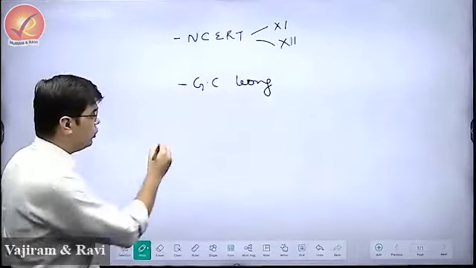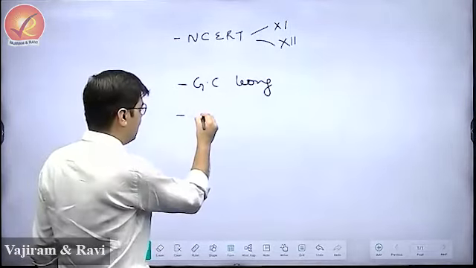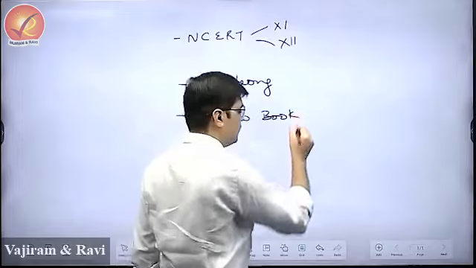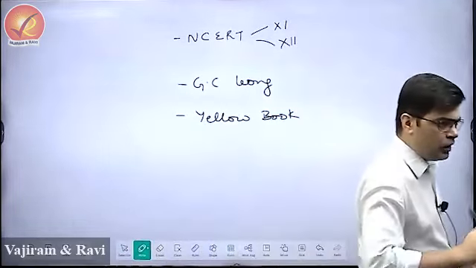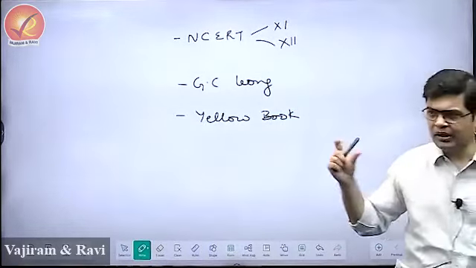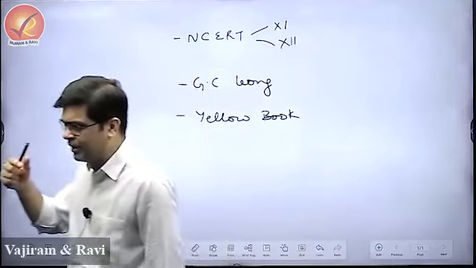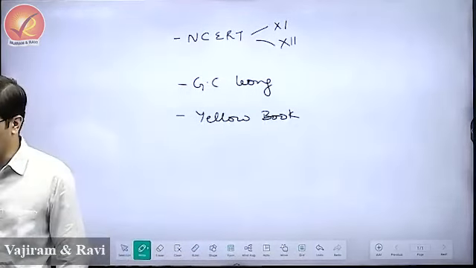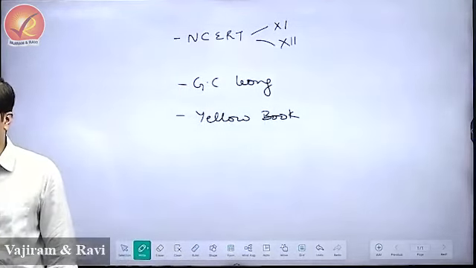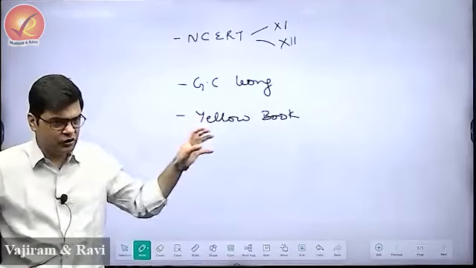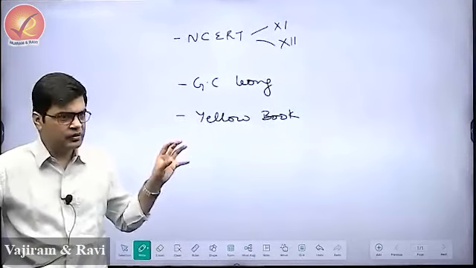Okay, then you will also be given a book from the institute, a printed material. Like when you look at this yellow book, it comes with a yellow cover. That is why we call it a yellow book here. Now, this is not authored by anybody. Basically, we have picked up the best materials from different sources. So we will have some information from NCERT, some information from GC Leong, some information from newspapers or government websites.